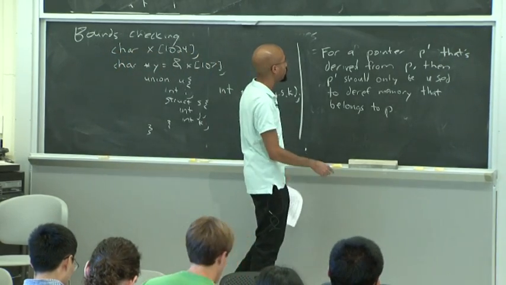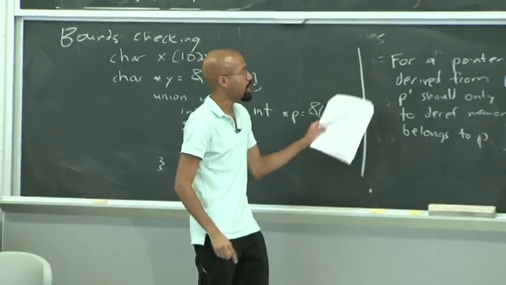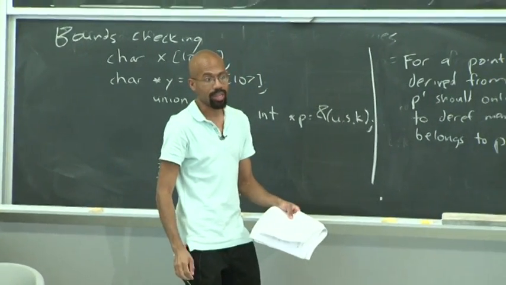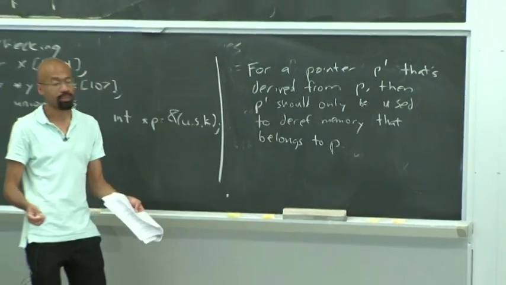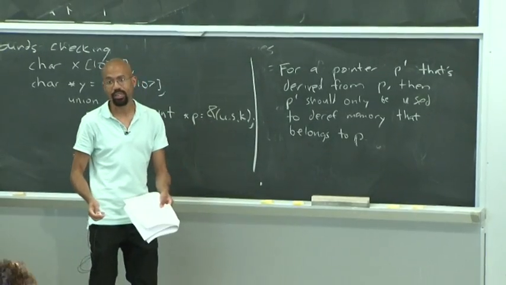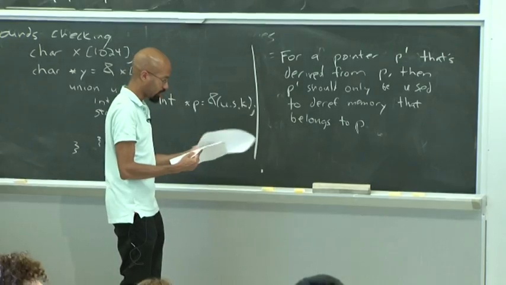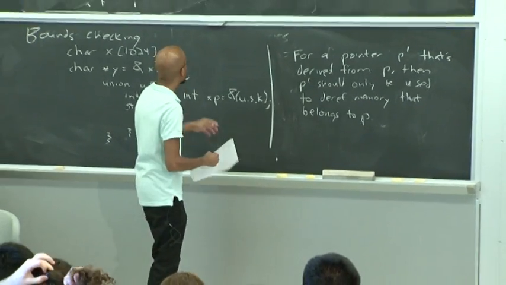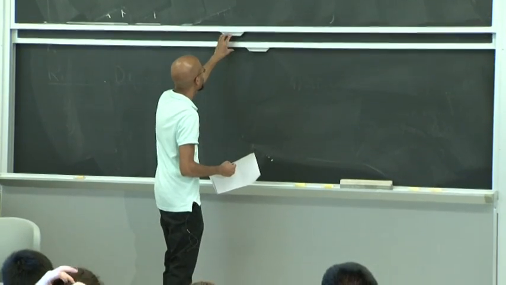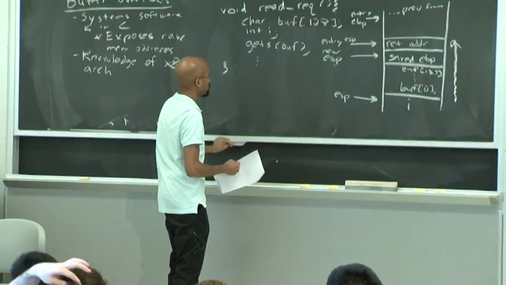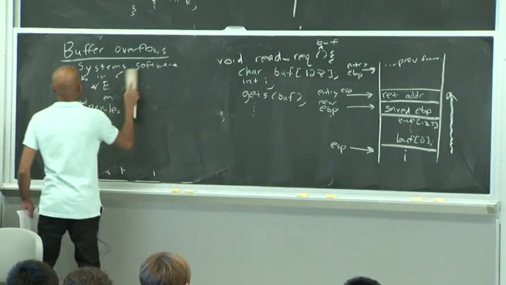Now, the challenge with enforcing these types of semantics is that in many cases you need help from the compiler, okay? You typically need to recompile programs to enforce these semantics. So that can be a drag for backwards compatibility. But this is the basic notion of bounds checking. So what are some ways that you can implement bounds checking? One very simple way